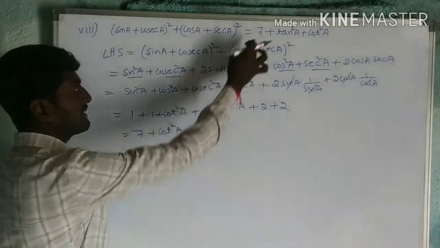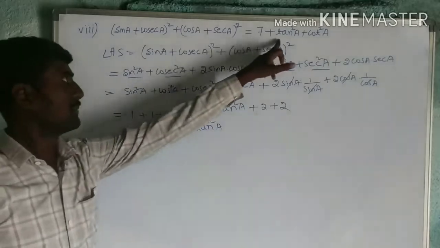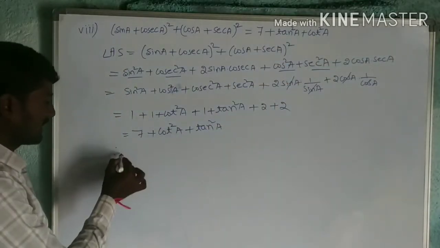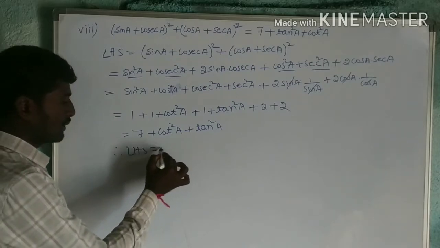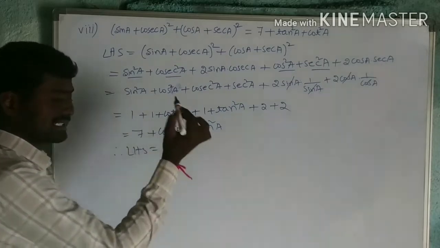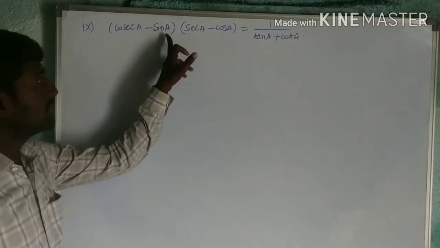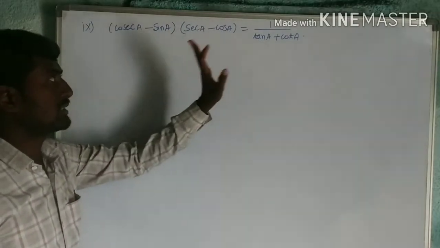Now here I am getting as RHS 7 plus tan square a plus cot square a. Therefore I can write here LHS is equal to RHS. We proved this. Ninth question, that is (cosec a minus sin a) into (sec a minus cos a) is equal